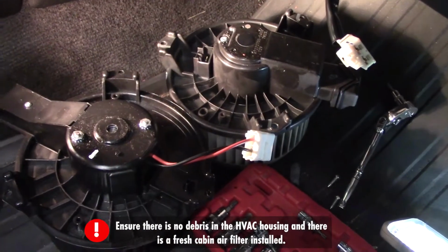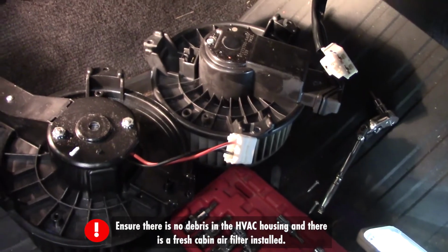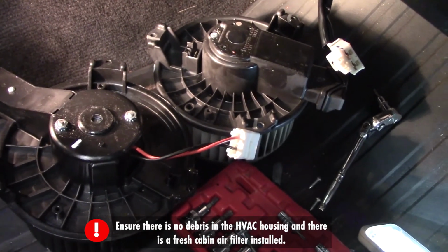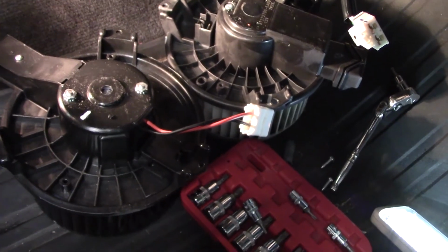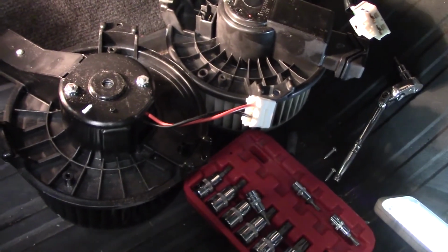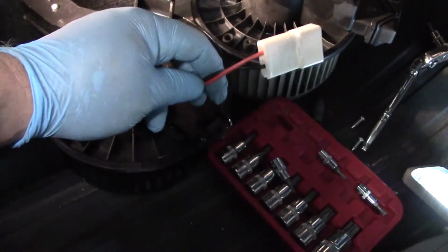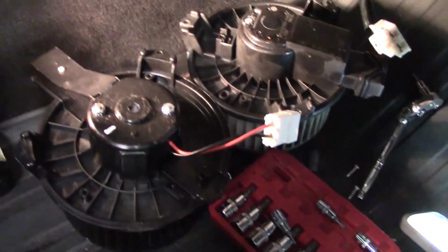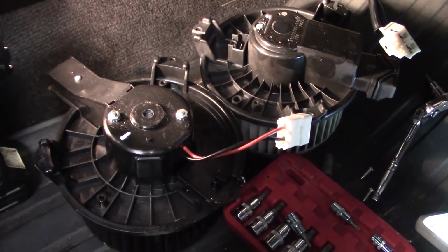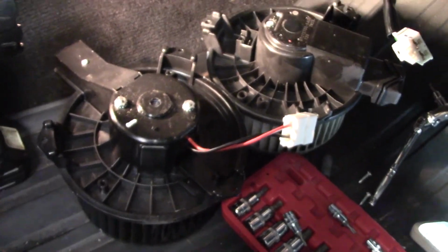Well, once I got those 3 screws out of there, this thing literally fell right out on the floor and landed right where it is there as you see it. So that being said, I'm ready to pop my new one in there and reinstall it, make my electrical connection. And as you can see, we have a little more harness room here, so it makes it a little easier to connect it. Once that's done, we'll verify that it works, put the sound cover back underneath the dash, and